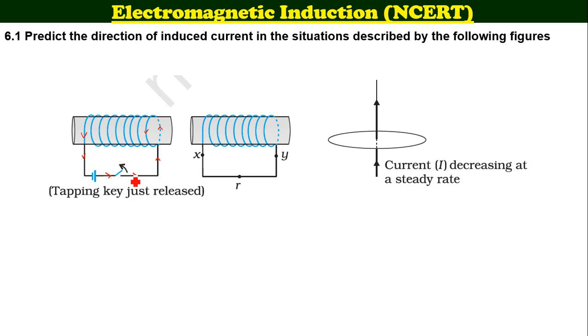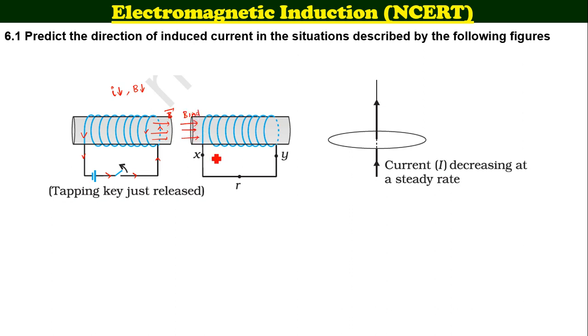So basically when you are releasing it, the current starts decreasing, and finally it has to become 0. Current was going in this direction earlier. Now the magnetic field will be in this direction, isn't it? Take your right hand and curl your fingers in the direction of current, and the thumb will show you the magnetic field direction. Very good. Now, since the original current is decreasing, the original magnetic field is also decreasing. That means the original magnetic field is weakening. Therefore, the induced magnetic field will form in such a way that it will be in the same direction. Induced magnetic field will also be in the same direction.